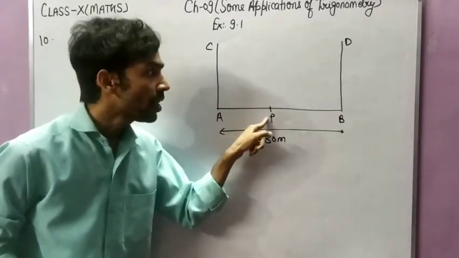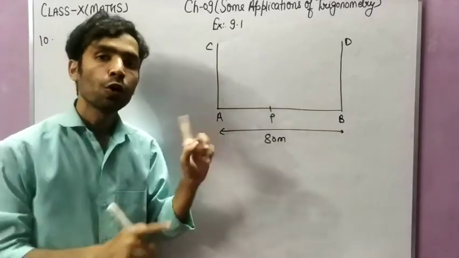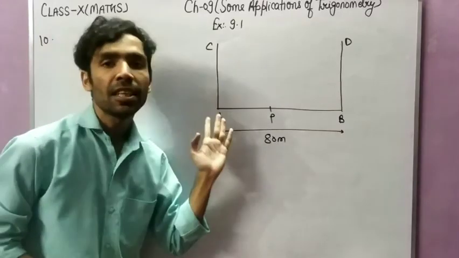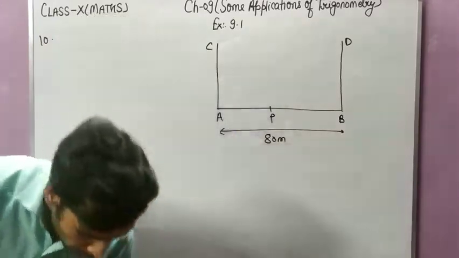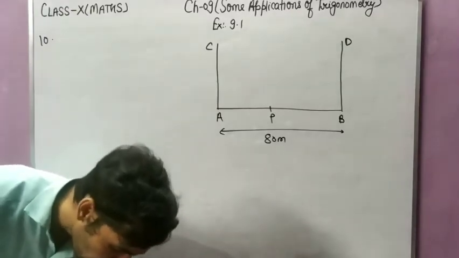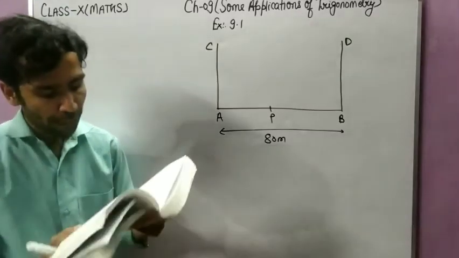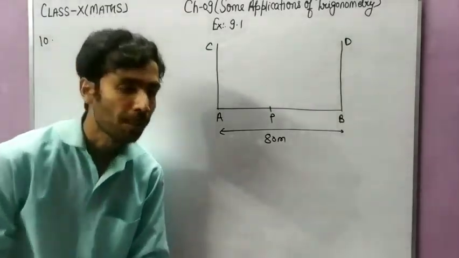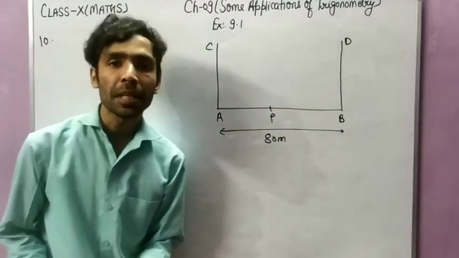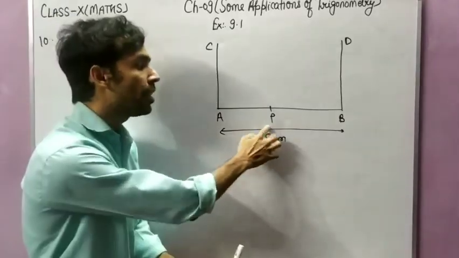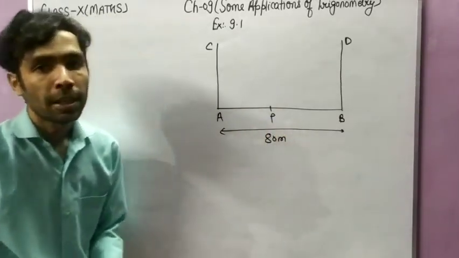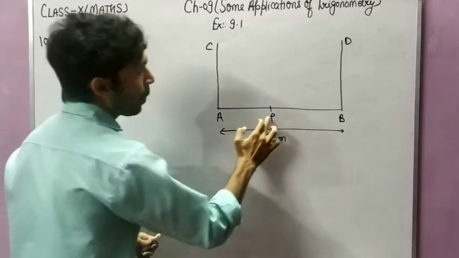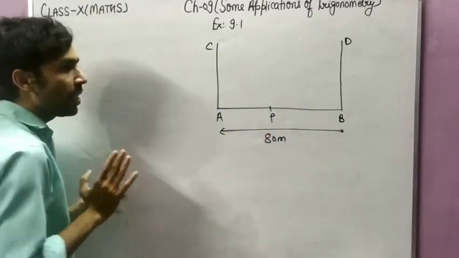मतलब कि इसी पॉइंट से इन दोनों पोल को देखा जा रहा है और दोनों केस में एंगल कितना बन रहा है, 60 डिग्री और 30 डिग्री. तो you have to find the height of the poles and the distance of the point from the poles. Okay, मतलब कि आपको दोनों पोल की हाइट बतानी है और इस पॉइंट की डिस्टेंस दोनों पोल से बतानी है कितनी है. ठीक है, अब ध्यान दो, ये पॉइंट P कहीं भी ले सकते हो आप, लेकिन एक चीज ध्यान देना,